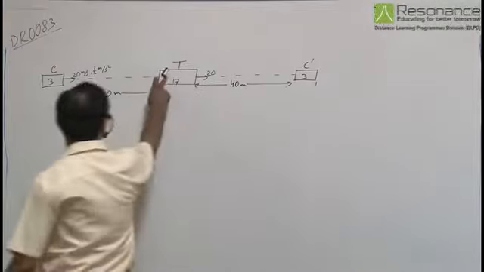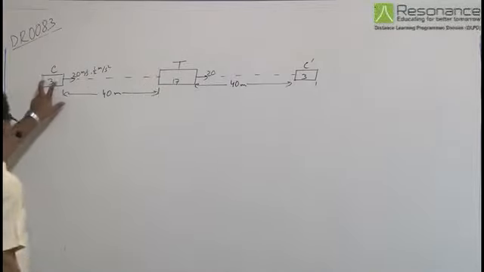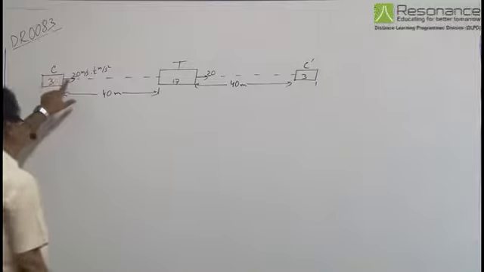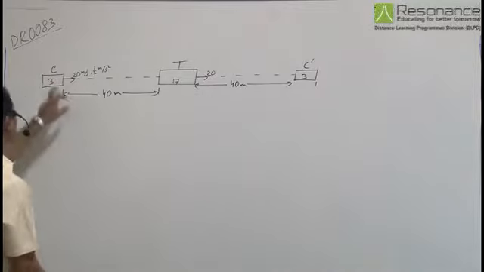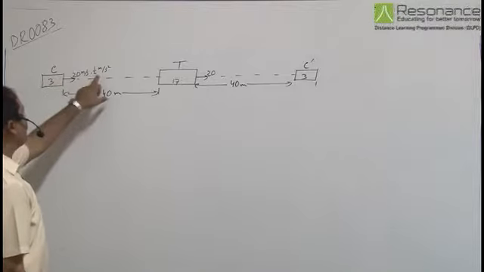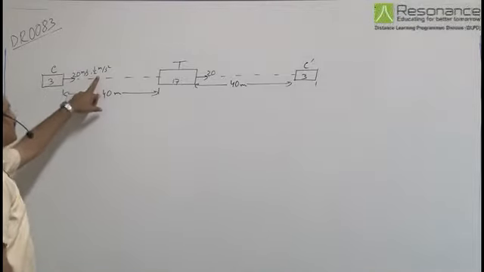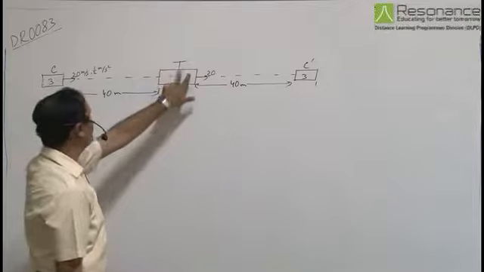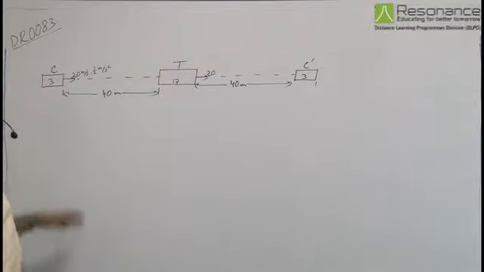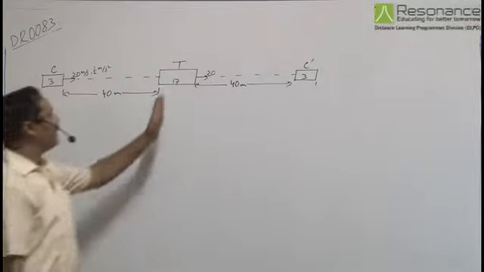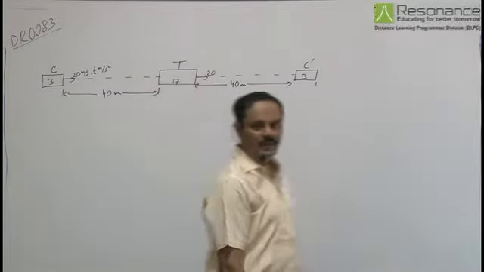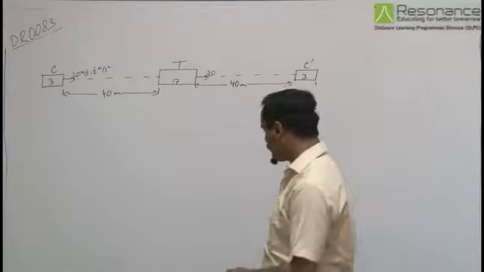So we have a truck of length 17 meters and a car of length 3 meters. Initially both were moving with the same speed, 20 meters per second, whereas the car can have an acceleration of half meter per second squared, whereas the truck is moving with constant speed. Initially the car is 40 meters behind the truck and finally it goes 40 meters ahead of the truck.